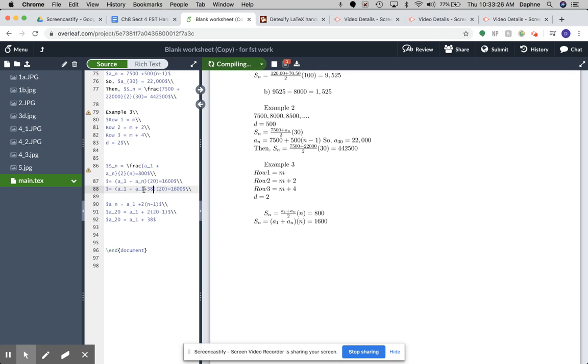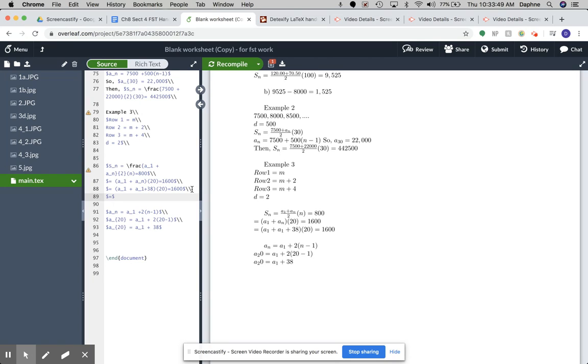And I'm going to recompile this so you can see what we've been doing. Okay, so while it's recompiling and thinking, yay! I need brackets to make sure it knows that 20 is all one number. Okay, so then this is going to end up being equals